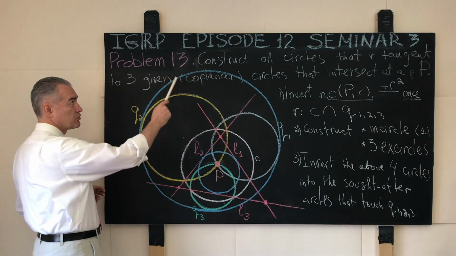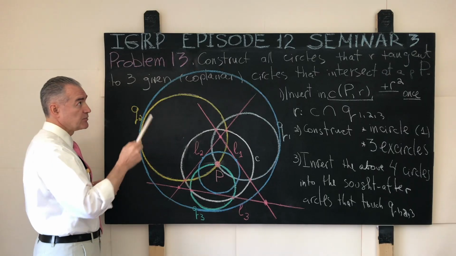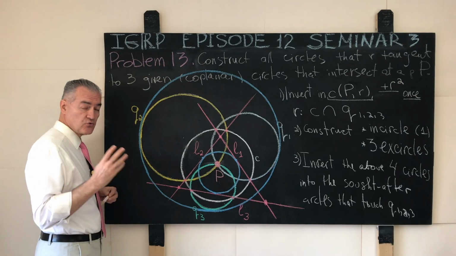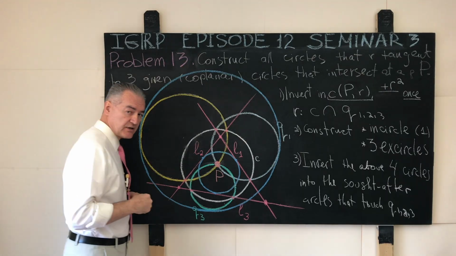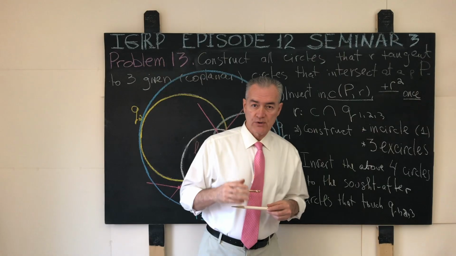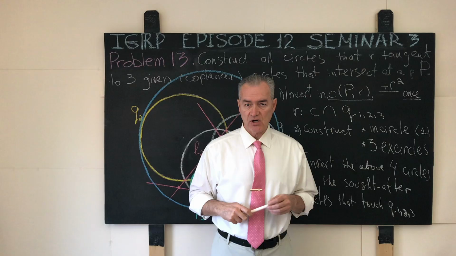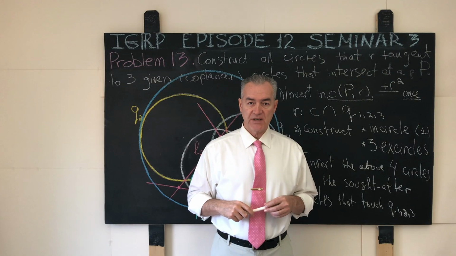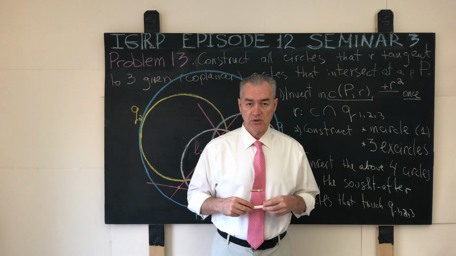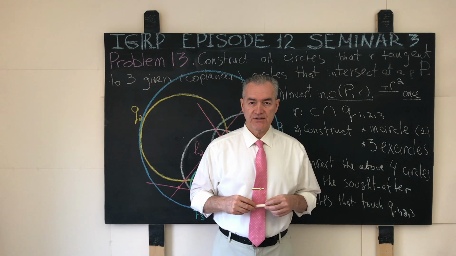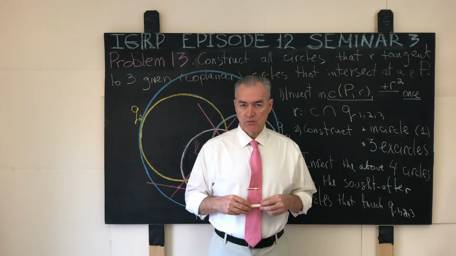Now, this is it for problem number 13. In the next seminar, this will be episode 13, seminar 4, I recommend that you review all the previously studied theoretical material and all the problems that we solved so far, because for that seminar you should really bring your best game. In that seminar we will be solving a much more challenging problem that is known as the three-circle Apollonius problem,